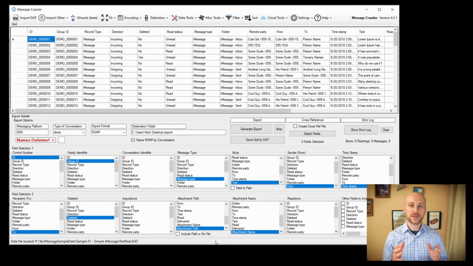One of the feedbacks I received from some clients is, yes, I understand we can't get all the attachments. Sometimes some could be missing. However, what we want to do is make sure the person who is reviewing these text messages knows that an attachment was there and is missing now for some reason. The way to handle it is I added a checkbox that says include path with no native. What will happen is Message Crawler will include a placeholder inside the RSMF file for the attachment, but the attachment will be missing. This technically violates our RSMF file format specifications, and you will get an error message at the export saying file failed validation,